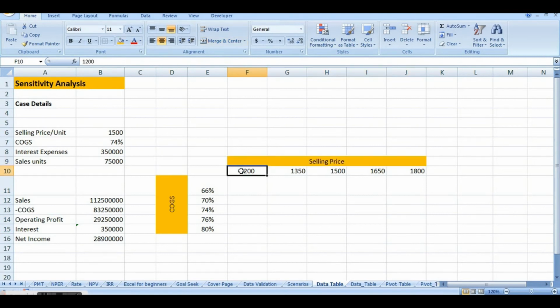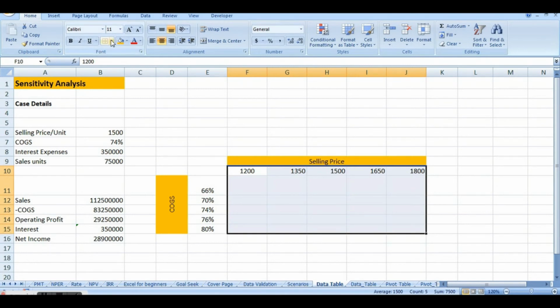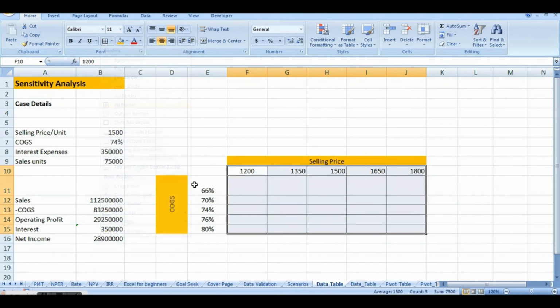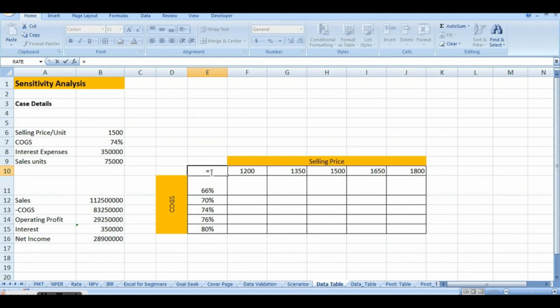Okay, and rest of the things we'll put in a table so that it is easily identifiable to us. Now you want to find out the impact of it on the profit. So you will have to link it, profit or net income you call it. You will have to link it with the particular variable, desired variable with which you want to find the impact of, and that has to be in this particular cell only at the middle of